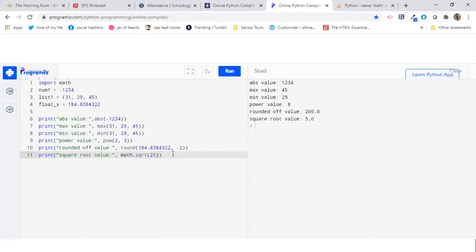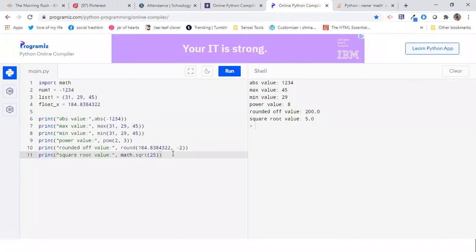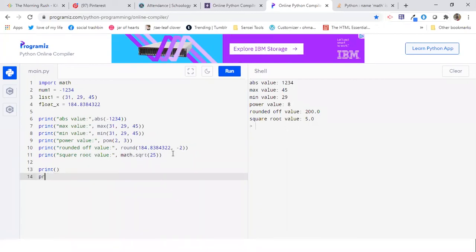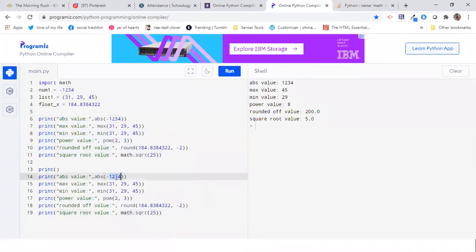List is a collection or a set of values, 31, 29, 45. I have float x. Value is 184.838. Blah, blah, blah. And then, yan. What if variable yung tawagin ko imbes na actual value? Gagana kaya siya, ma'am? Num1 list